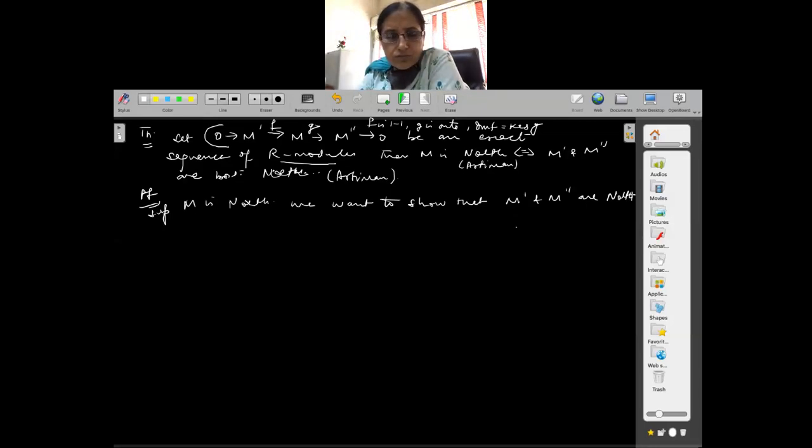Any clue? Use the last result. You see, M dash is isomorphic to F of M dash because F is 1-1. M dash is isomorphic to its image.